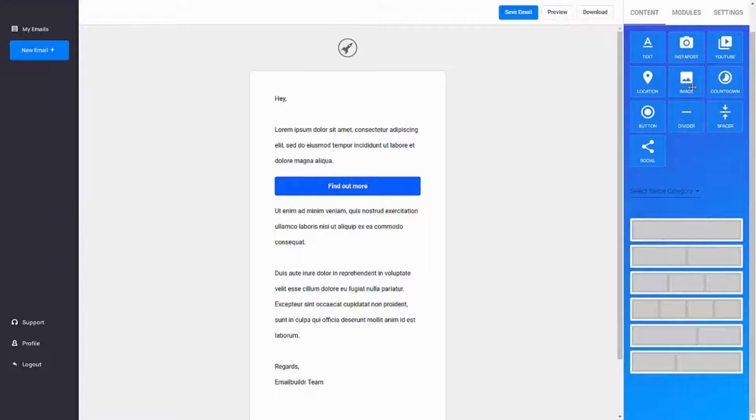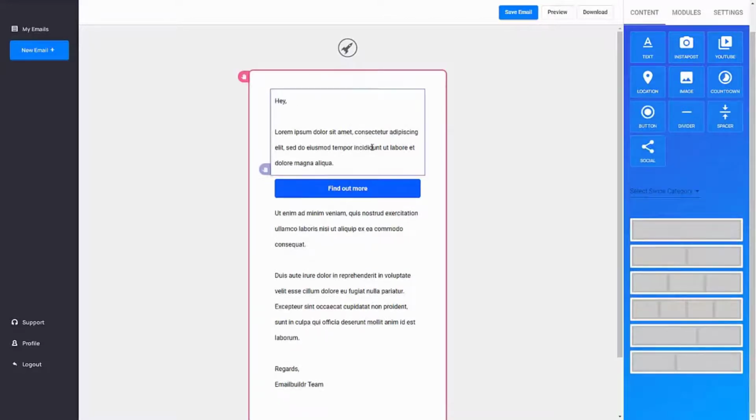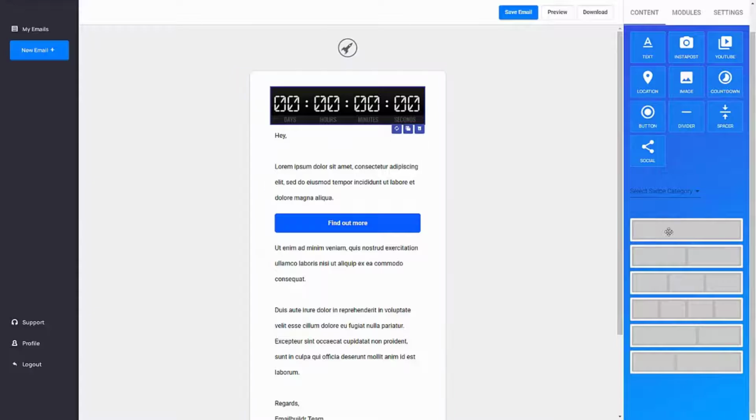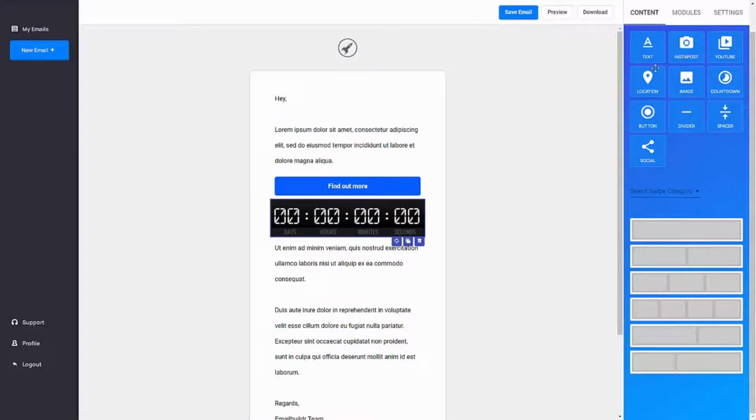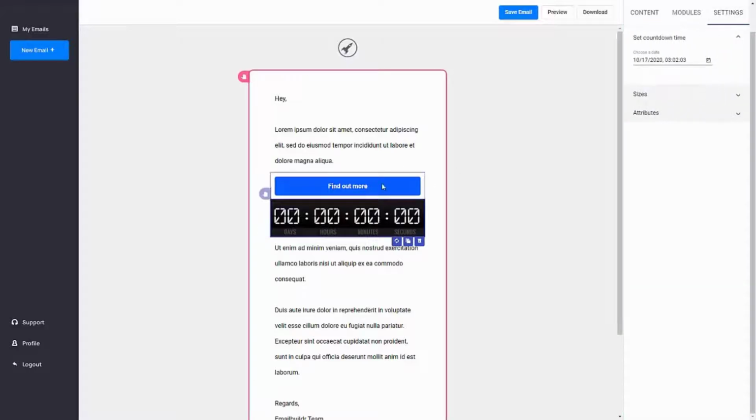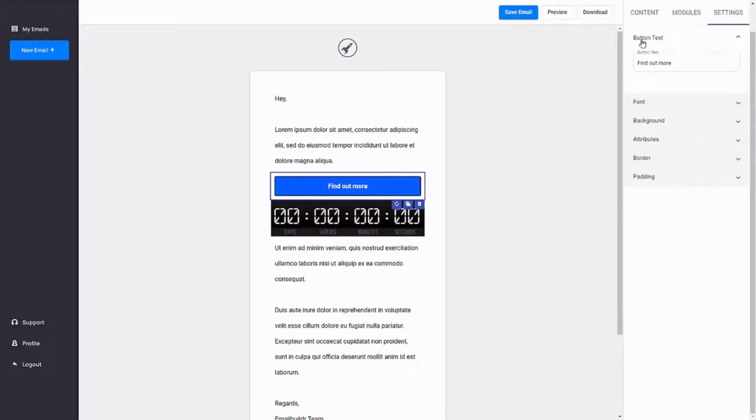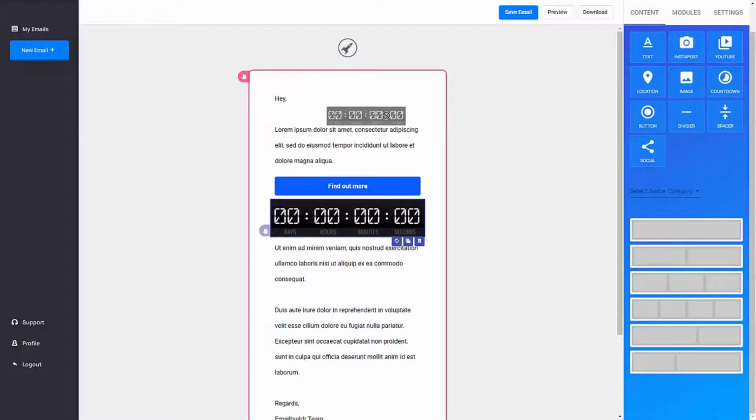You also have location, image, countdown. Countdowns are amazing because when you want to introduce some sort of scarcity, you will be able to essentially get more sales by telling people that, hey, an offer is expiring and this is what you got to do. So you can do that using this particular feature. To edit any of these widgets, you have to go to settings, and as long as you clicked on this, for example, if I switch to this, you'll see that the effect here changes too. But right here, I can choose the end date, and I can also choose the size. I can also choose different attributes as well, which again, people will see.